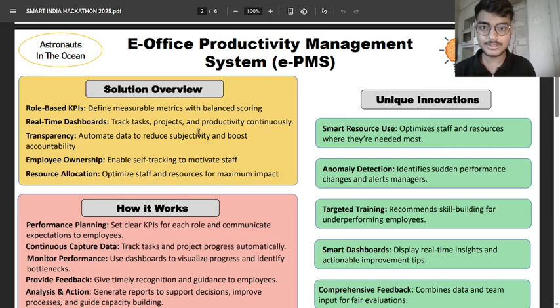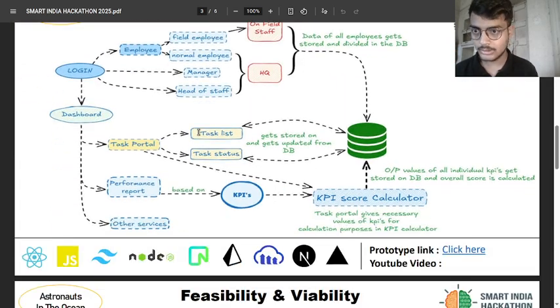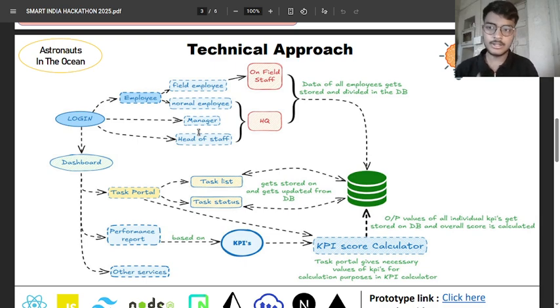So let's move towards the fun part, the technical approach: how we're going to make things work and how we are going to implement it. Firstly, there's going to be a login mode. As it's a closed office system, the login info is going to be provided by the company or organization itself. Then the person, as he has his login and ID, is going to log in. In the meantime, in our database, we're going to fetch